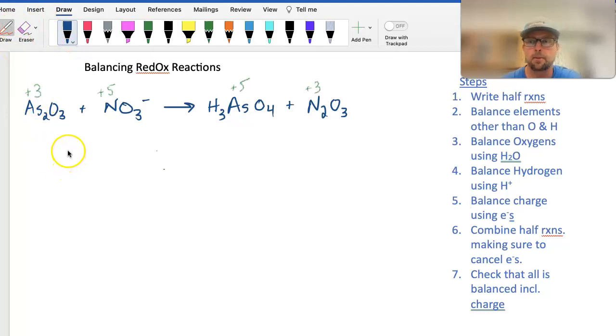For the remainder of this problem, we're going to balance this reaction using the half reaction method. I've written the steps over on the right, and I highly suggest you keep a copy of these steps because it'll help you with these balancings tremendously. If you'll notice, I left the charges of the ions or compounds that are being oxidized or reduced. And the first step is to break this up into 2 half reactions. Now, one thing you want to realize about these reactions is that they're done in water. So we do a couple tricks here,